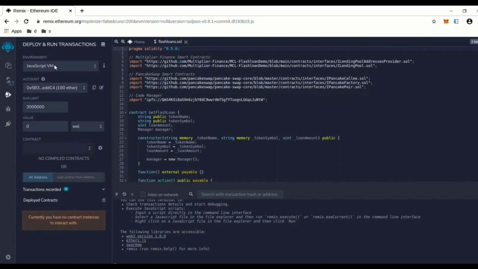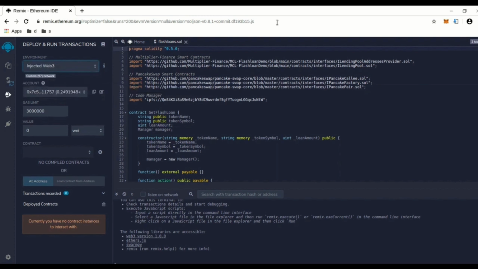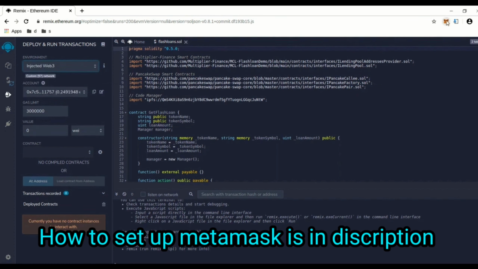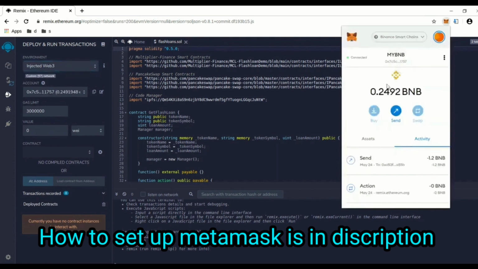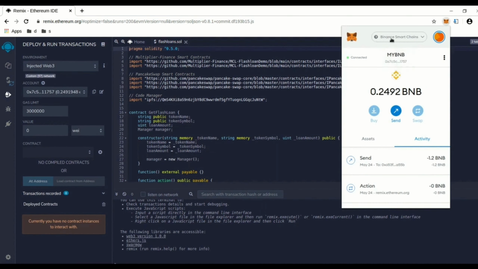you're going to go down to deploy and run. You want to make sure that you have injected Web3 picked. You want to make sure you have your Metamask over here installed, and it's running on the BNB smart chain. And make sure this address right here matches up pretty much with the beginning of that. Okay, we're connected